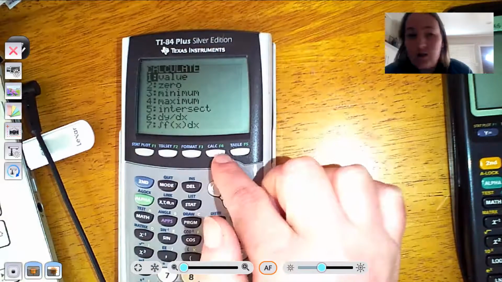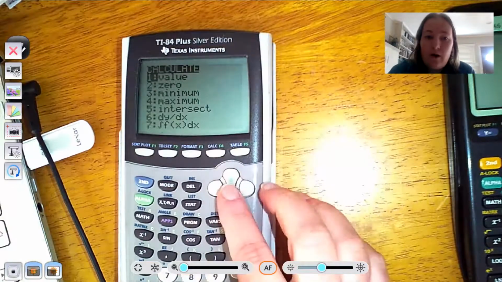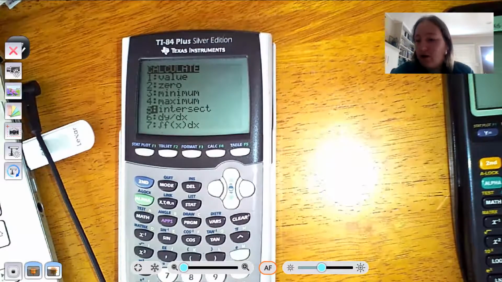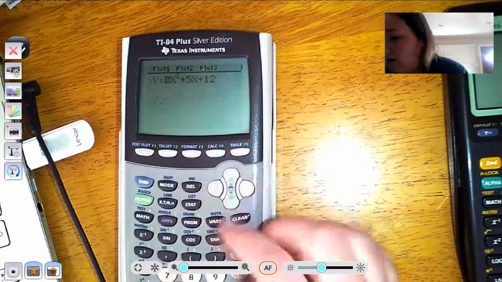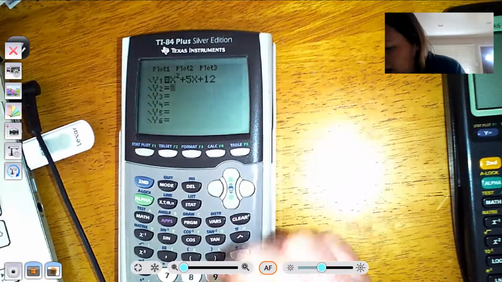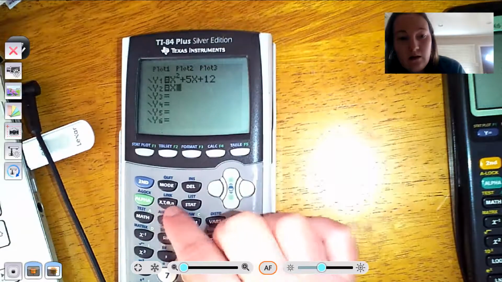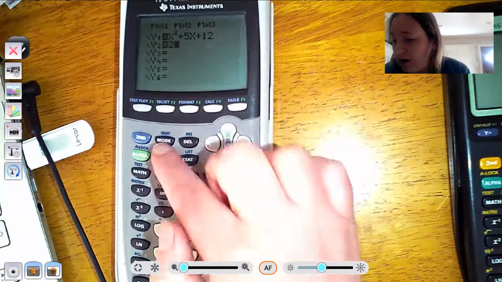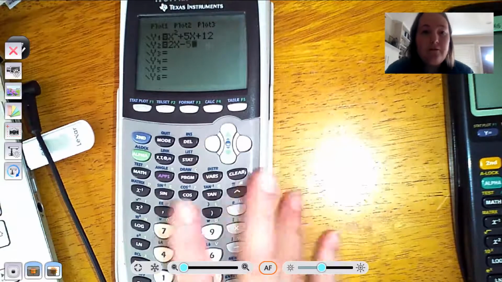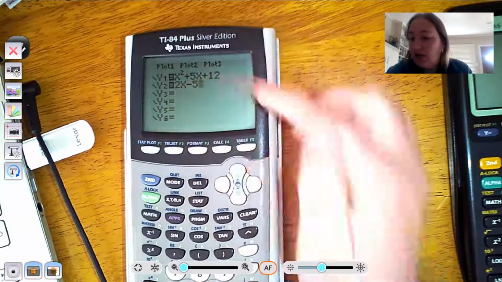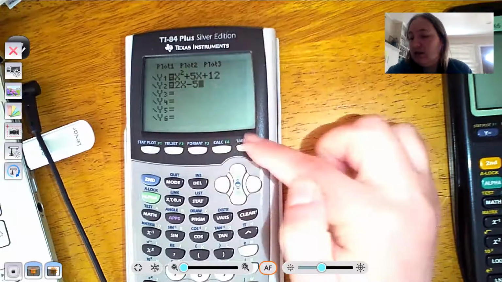Calculate, so again, second trace gets you calculate. You can also find an intersection. So what I'm going to do is find another equation to enter in here. Let's go back and change it to 2x minus 5. 2x minus 5. So now I'm going to graph both of these simultaneously because they're both selected. So if I hit graph,